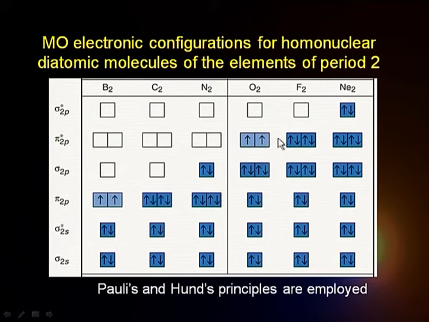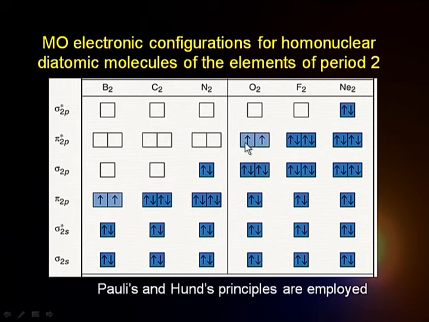What you find is, in case of O2, because of this electronic configuration, when I am filling electrons into these two molecular orbitals which are degenerate, I have to invoke Hund's principle. When I do that, I have to put electrons singly into these molecular orbitals, and this single kind of occupancy of the two molecular orbitals has a very important practical bearing.